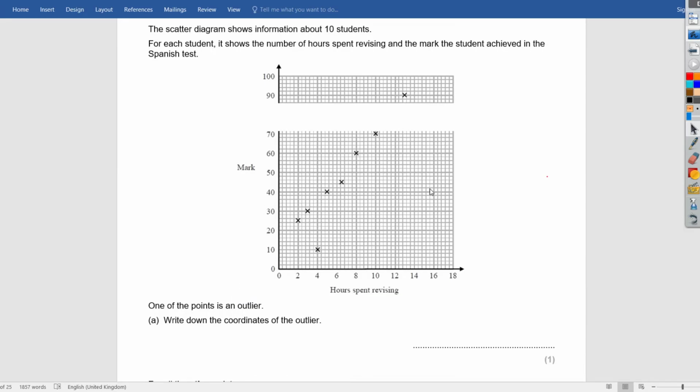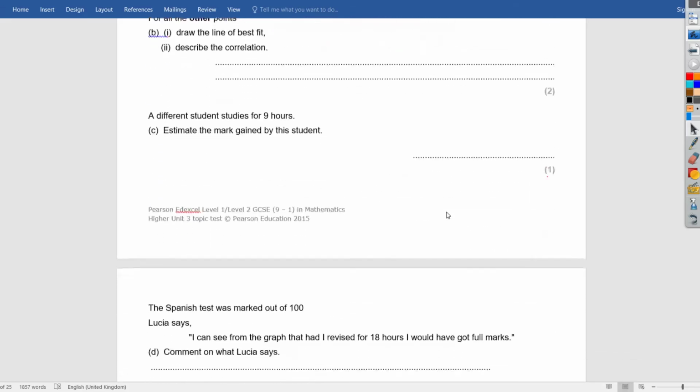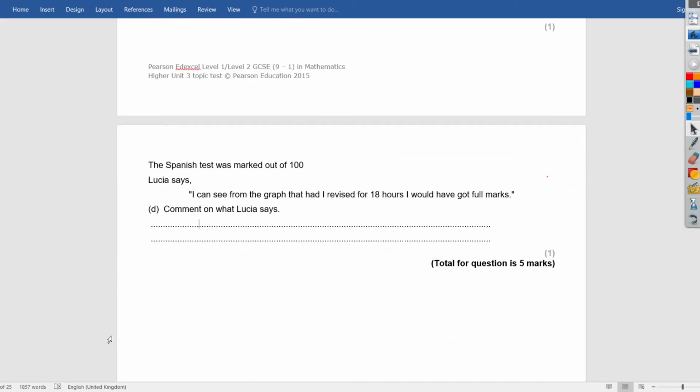Well, what you've got to realize is the data is only between 2 and about 14 hours. Now 18 hours is what we call extrapolation. Okay, you're estimating something for which we haven't tested data. So what you need to say is, the comment will be